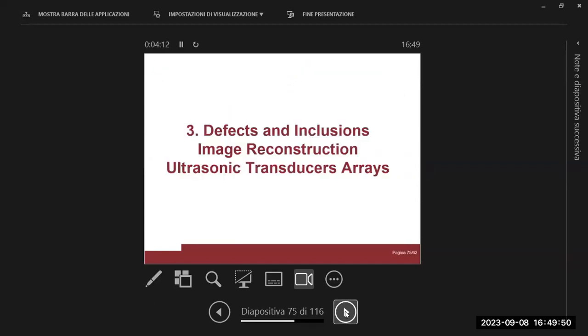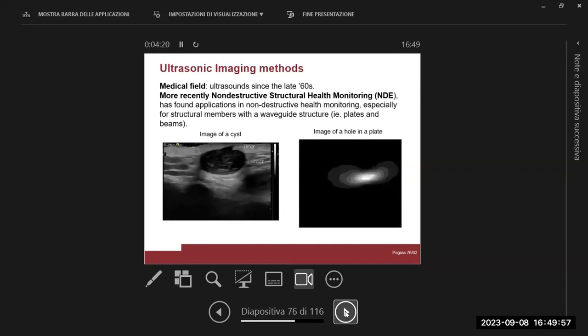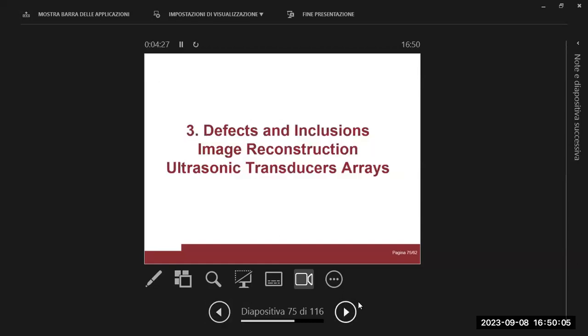Another application, which I guess one of you students asked me about two days ago, is defects and inclusion image reconstruction using ultrasonic transducer arrays. An array of transducers is basically a set of a given number of transducers that can be, for instance, piezoelectric